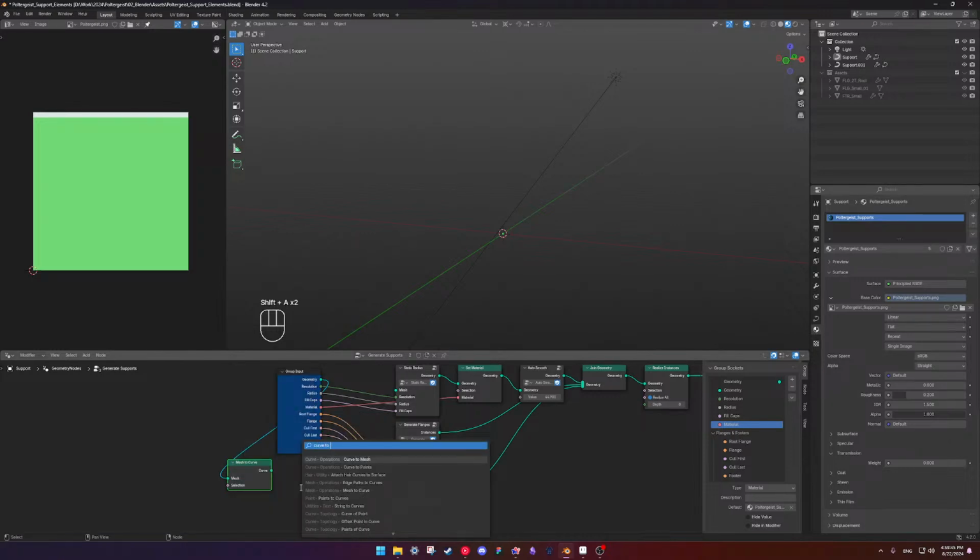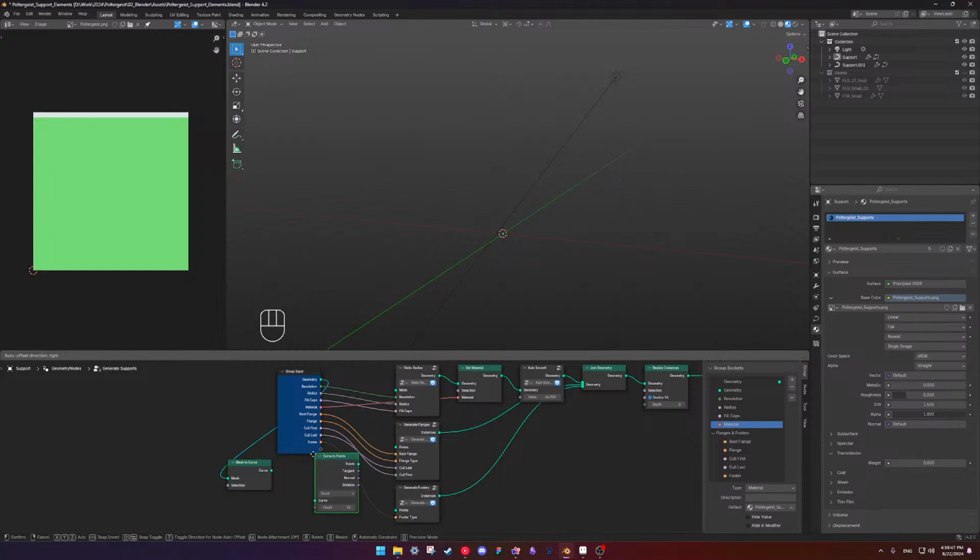Two points. Darn. Okay, I'm not going to be able to figure that out in 2 minutes. But I want to be able to do from mesh to curve.